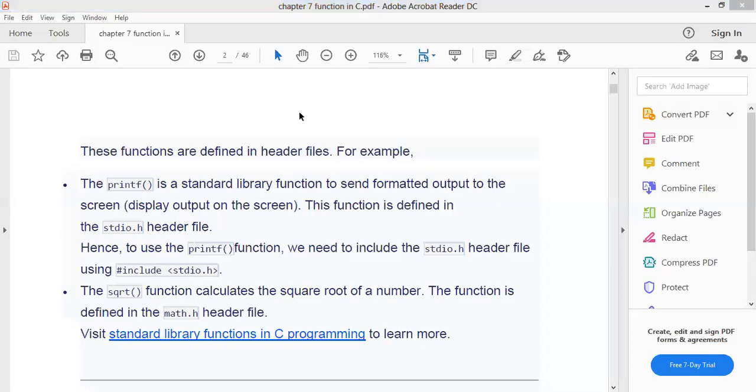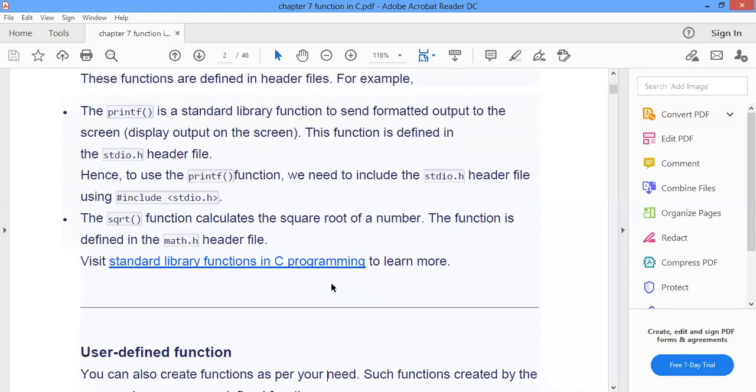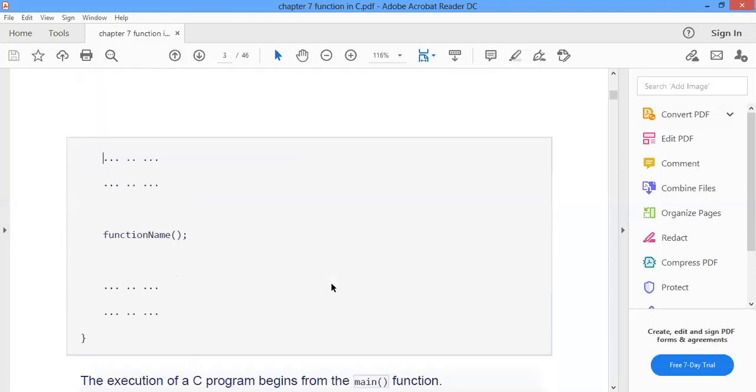So these are known as standard library functions, which are defined in particular header files. Like printf is defined in stdio.h. Then clrscr is defined in conio.h. Then getch is defined in conio.h. Then the sqrt function is defined in the math.h header file. So these are standard library functions, and the next one is user defined functions.